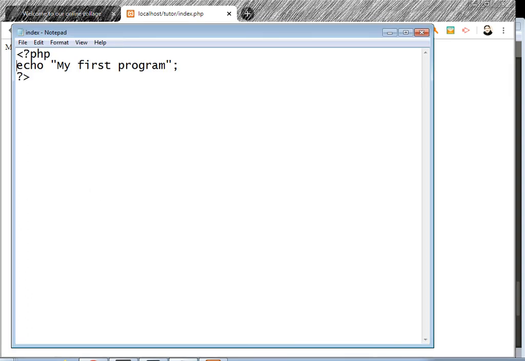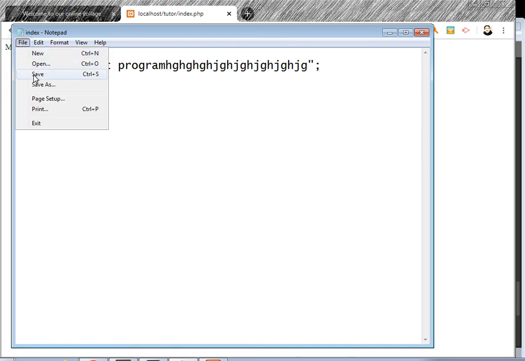And for my first program, I see the execution of the echo statement, right? This prints, my first program. Okay, whatever I write inside these double quotes, this will be output. Save it and now refresh the browser. Okay, this is the output. This is how we output: localhost, folder name, and inside that a file name.